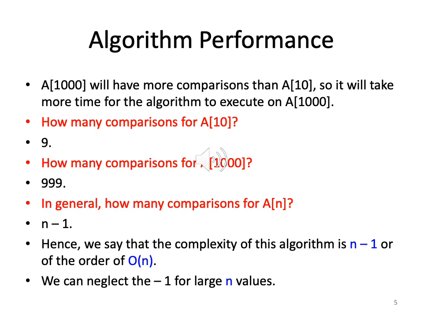So you can see what we did here. For this algorithm, we first determined what the key operation was. So here we have one. In other algorithms we can have multiple operations as well, as we'll see. So here we have only one operation, which is the comparison. Then we generalized for an array of n elements how many comparisons we will have, and that becomes the complexity of the order of n.